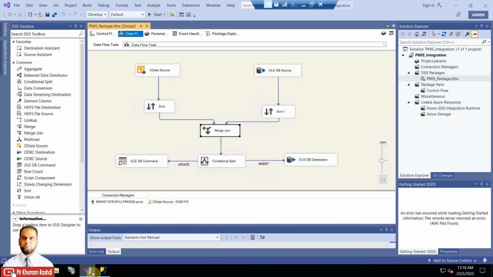So this is a continuation video from my previous video based upon the OData framework, in order to move the data from OData to any OLE DB based database or destination. In my previous video I used SQL Server as a destination OLE DB database, and I used OData source. This is basically SQL Server integration services,